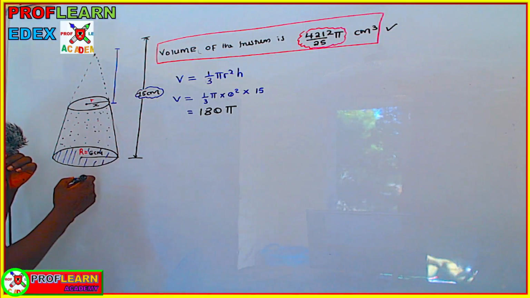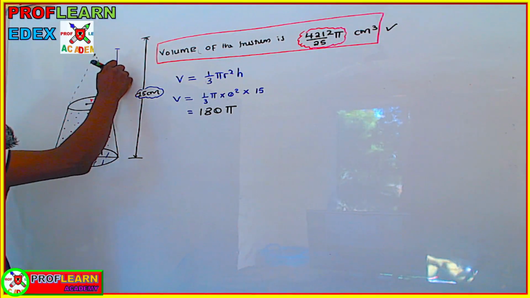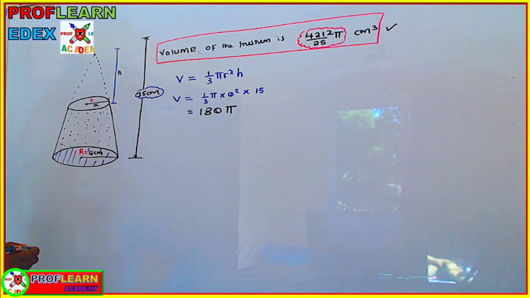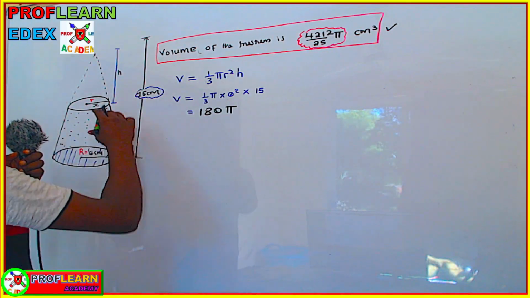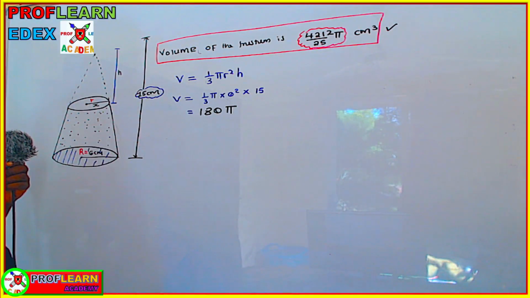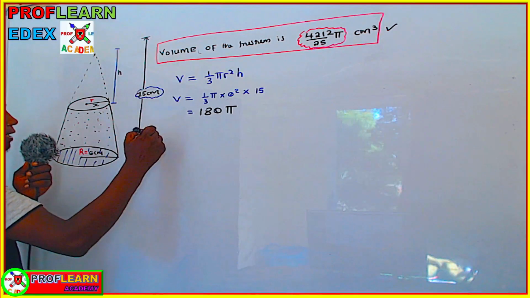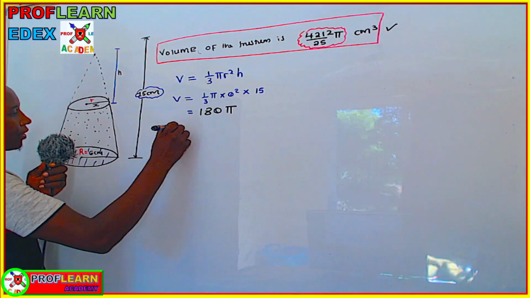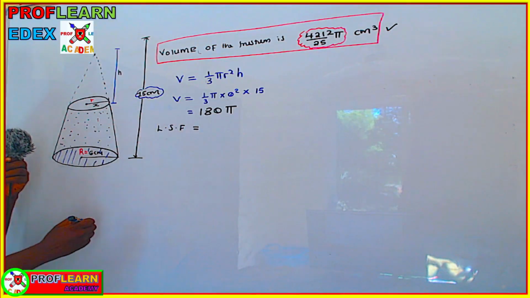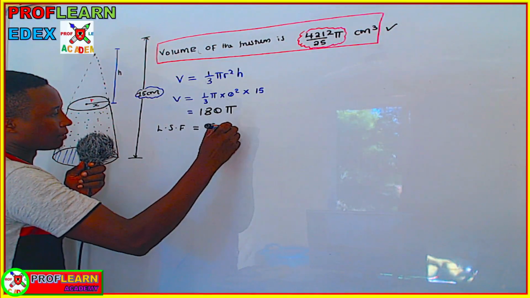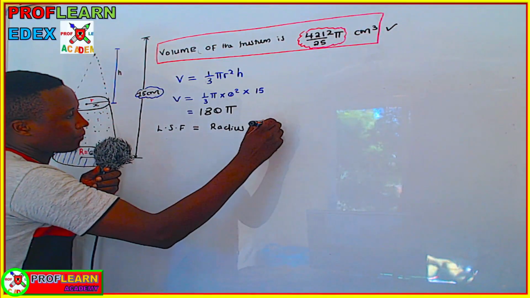Now, the volume of the smaller cone, we need it, but we need to know what this height is. So how are we going to go about that? Because we don't know the height of this cone. So in order to work this out, let us say the linear scale factor is going to be equal to the radius of the